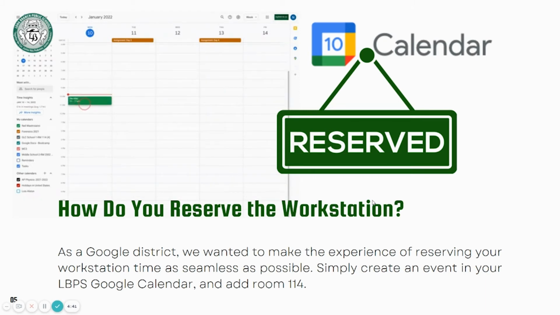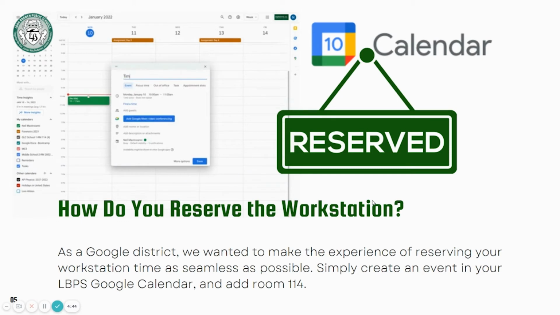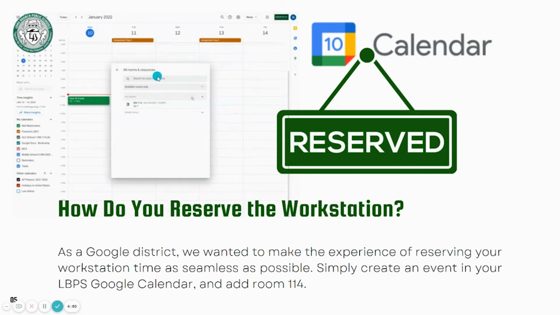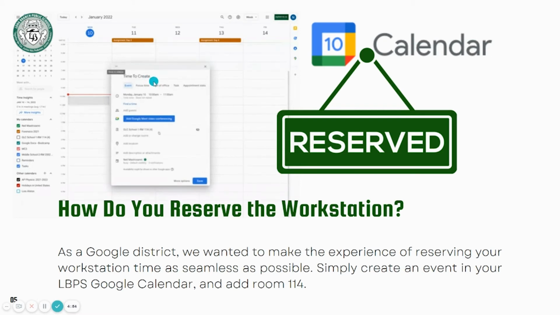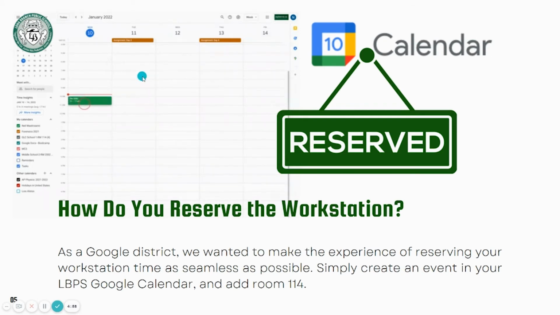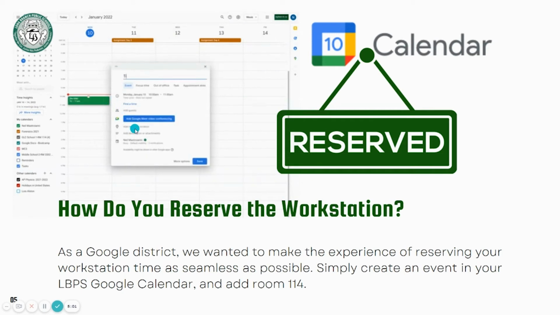All you have to do is go to your Google Calendar and drag out a block of time. You can see that it says it right here. You name the event whatever you want to call it, like Neil's time with the workstation, or Mr. Smith's time with the workstation. And then when you've given it a title, you're going to come down here, and right over here it says